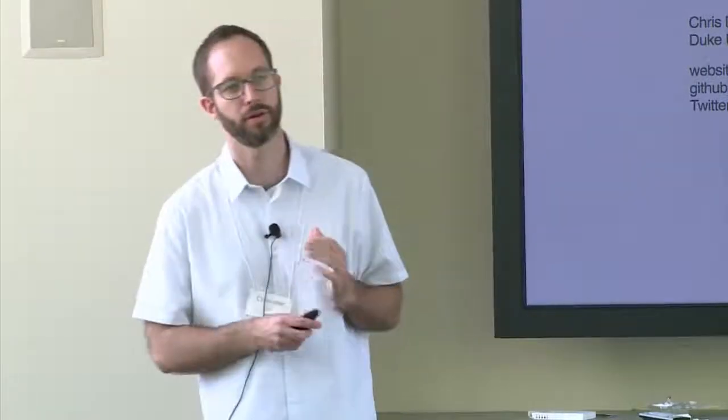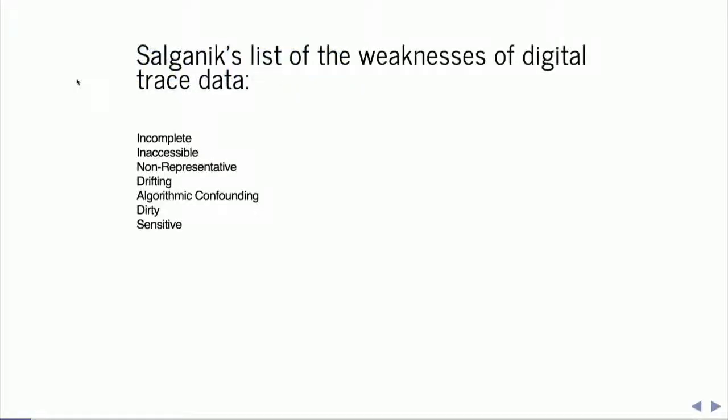Let's start off. I want to organize the discussion around the set of strengths and weaknesses of digital trace data that we set out with, which draws from Matt's book. And we're going to talk about it in the context of apps. So as you may recall, we identified the following limitations of digital trace data: that it's incomplete, or all the data we want is sometimes not there for a variety of reasons. It's inaccessible. It's hidden behind paywalls or behind private data sets.